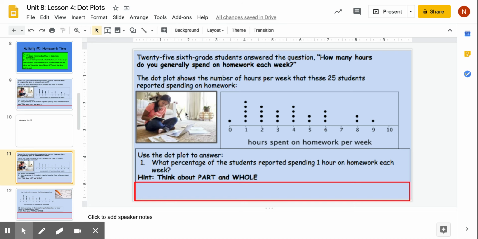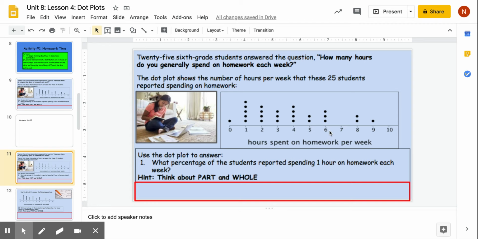Homework time. So number 1 says, 25 sixth grade students answered the question, how many hours do you generally spend on homework each week? The dot plot shows the number of hours per week that these 25 students reported spending on homework. So this here is our dot plot that organizes the 25 responses that we got from the sixth